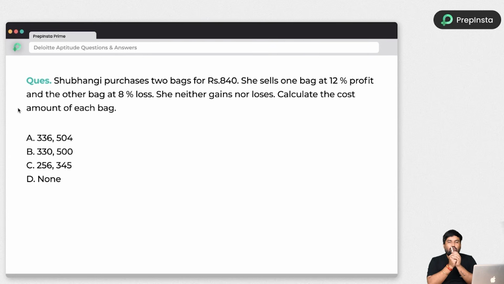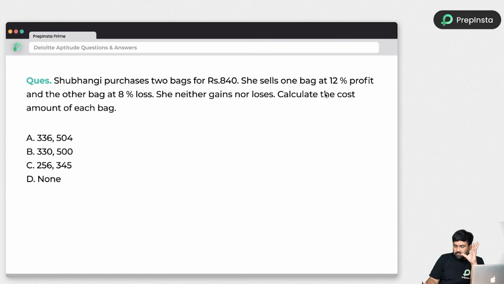Many people will do this type of problem by considering one bag's cost as X rupees and the other as 840 minus X, or B, something like that, and they will end up with a huge calculation part. So I will never make this type of mistake. Why? Because our methods and shortcuts are unique compared to other people's shortcuts. That makes you more comfortable with the calculation, and you can solve the problems better and in less time. So just look at how we can do it.